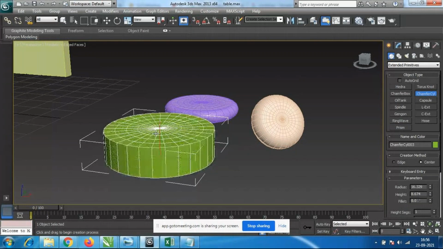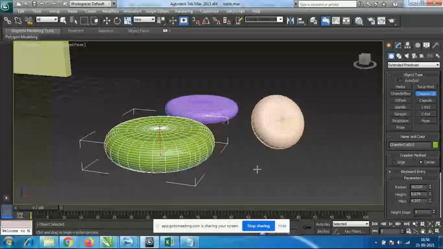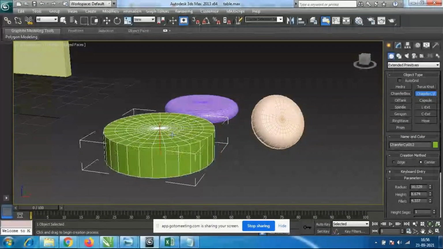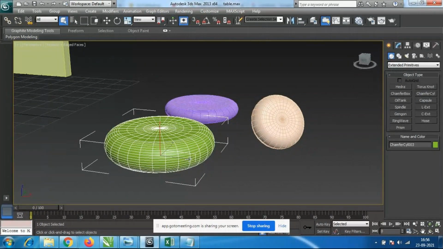I'm not clicking any buttons on the mouse. I'm just moving this mouse like this, left and right. If you take it inside, it will come like this. If you take this mouse outside, and I need to stop this, then I will use the left click. Okay, so then I will use the left click for this.